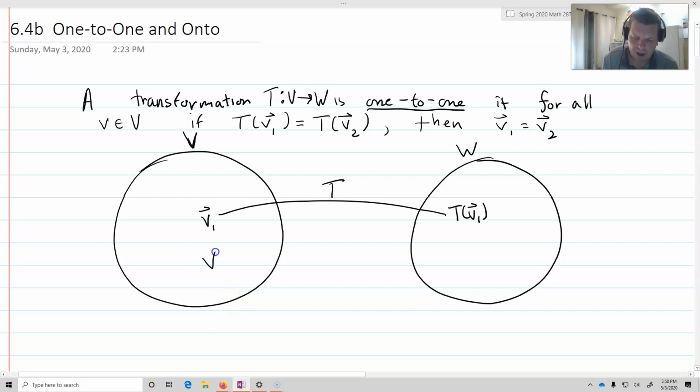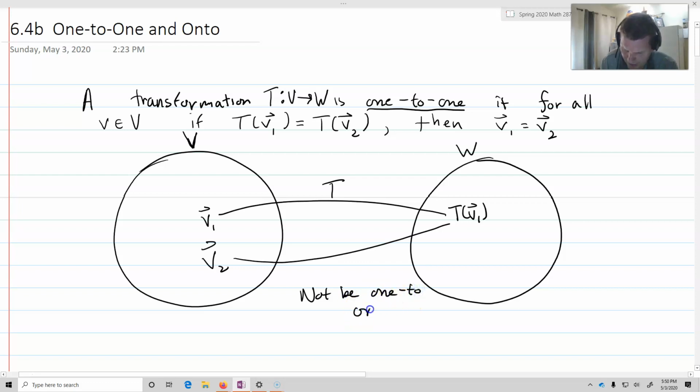If there was another v2 that mapped to T of v1, then this would not be one-to-one,